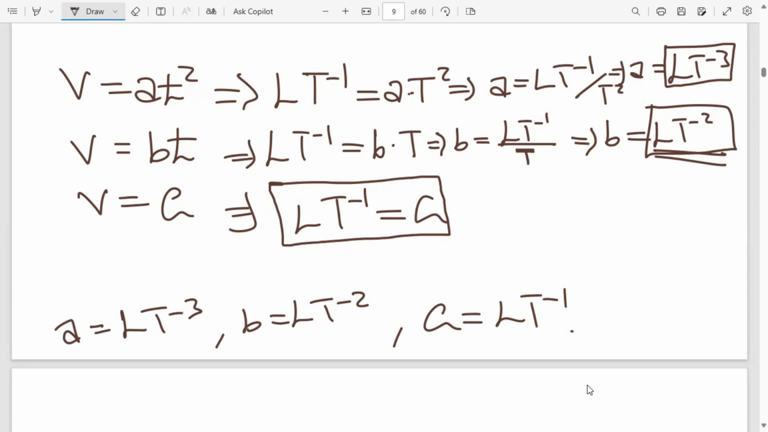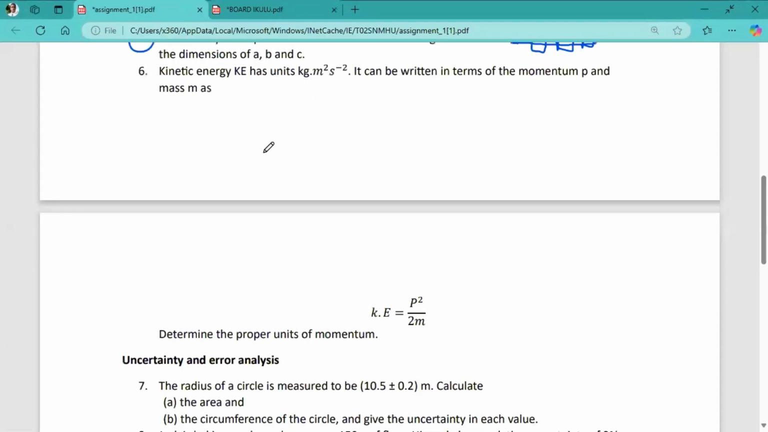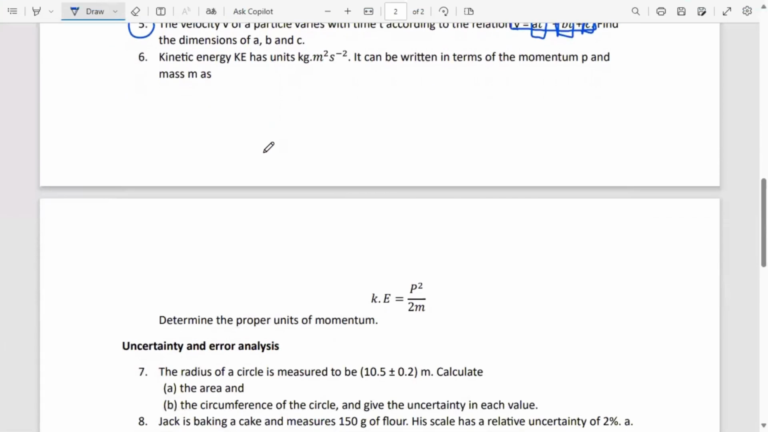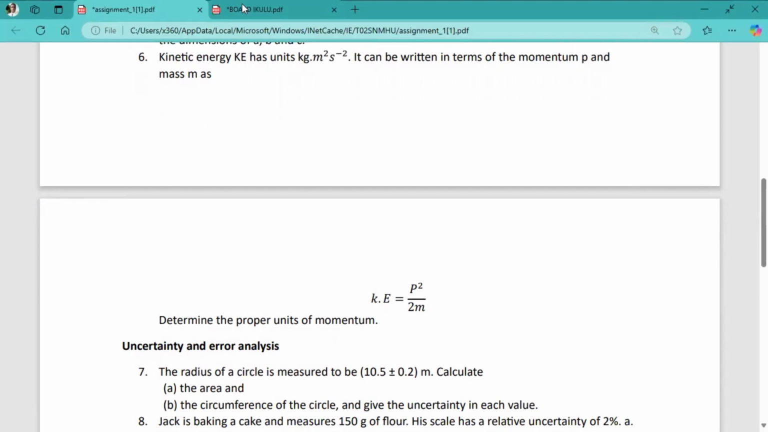Okay, so let's move to the next question. Question 6 is saying the kinetic energy Ke has units kg meter squared per second squared. It can be written in terms of the momentum P and mass M as Ke is equal to P squared over 2M. Determine the proper units of momentum. So if we go to our blank board,